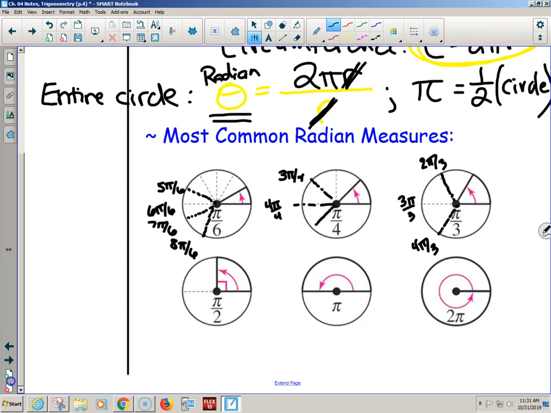So where would this 45 get me? 5 pi over 4. Where would this 45 get me? 6 pi over 4. Isn't that 3 pi over 2? 6 over 4? Oh yeah, 1 pi over 2, 2 pi over 2, 3 pi over 2, 4 pi over 2. Oh, it's a thing. It's just fractions. That's all the unit circle is. It's just fractions.